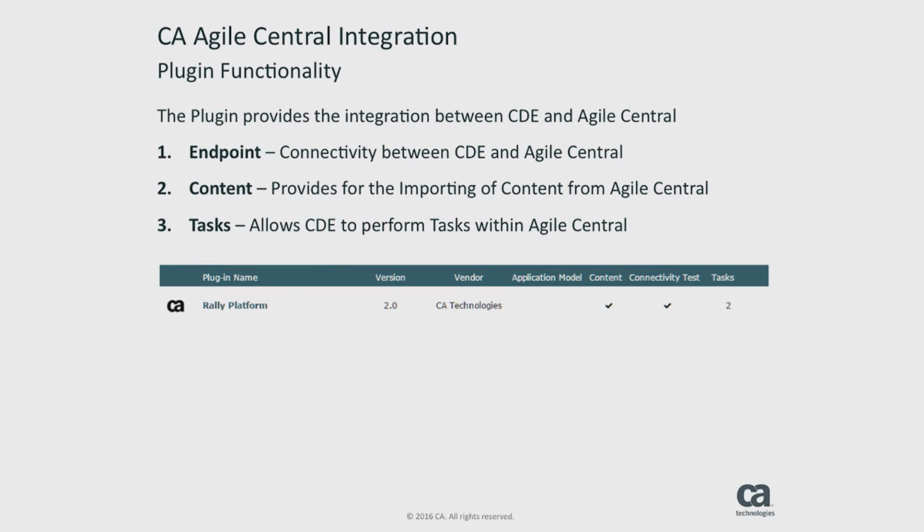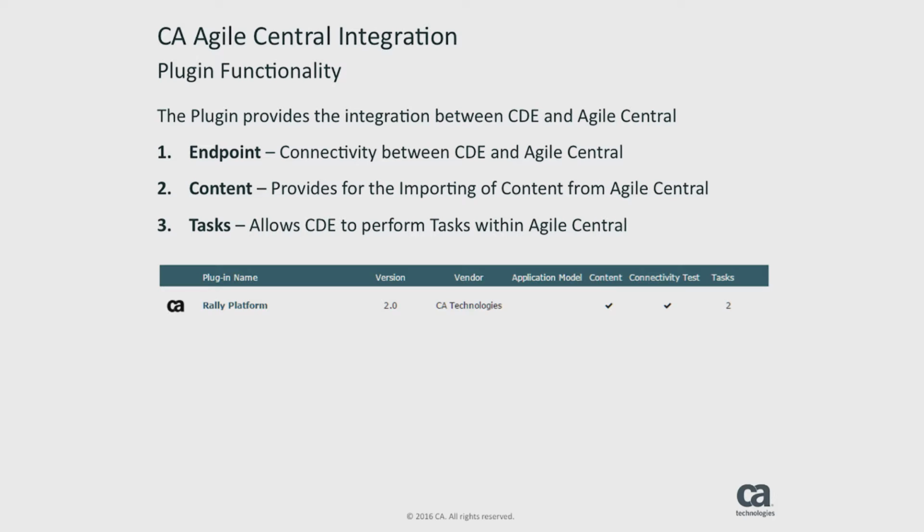What makes Continuous Delivery Edition, or CDE as we nickname it, useful is the ability to interface with these other tools, or with Agile Central, and specifically the plug-in. It has plugins that have been designed to do this integration, and these plugins perform three functions. First, they connect up the endpoint, which is your connectivity between CDE and Agile Central. What's nice is you can actually have, if you need it, which I do in my case, multiple connections. The endpoint is designed to not just do one, but you can have multiple connections to your Agile